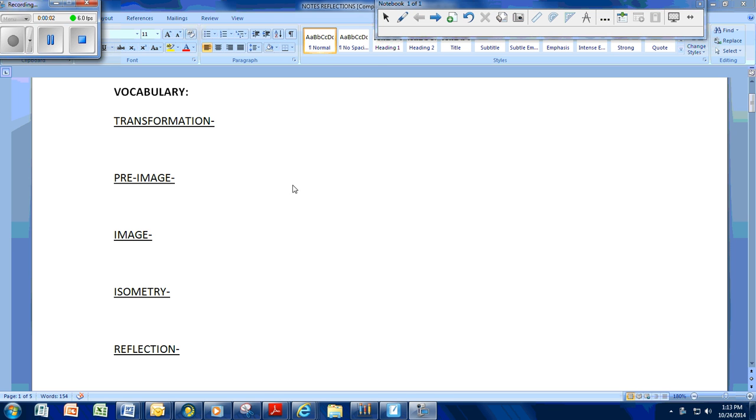In today's lesson, we're going to discuss reflections. So first, we have to talk about a couple of vocabulary terms. Let's first discuss what a transformation is. A transformation is any change